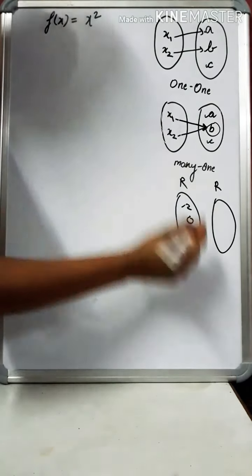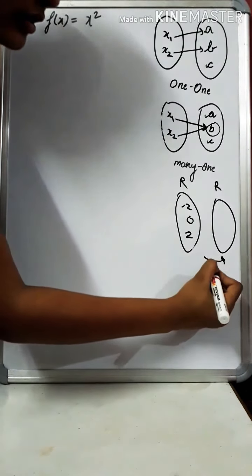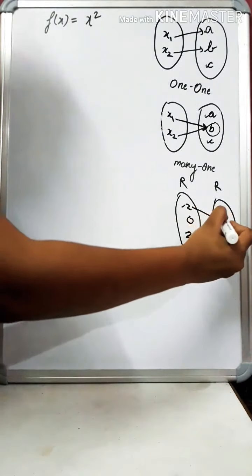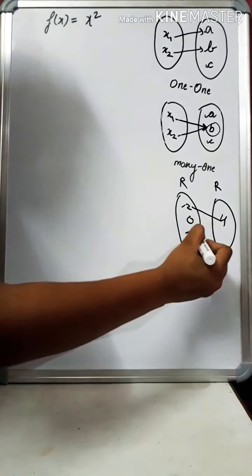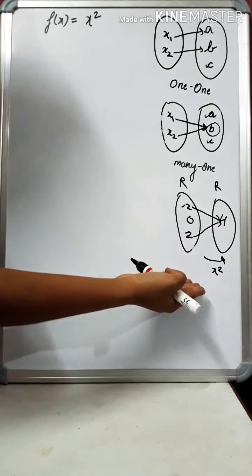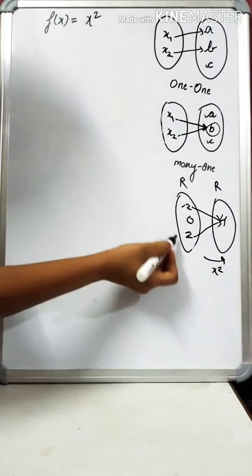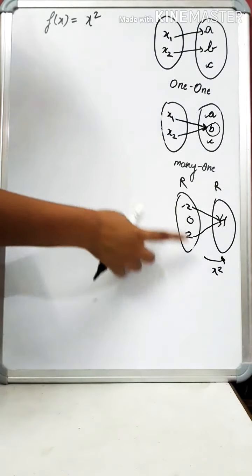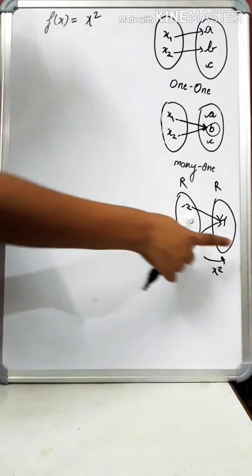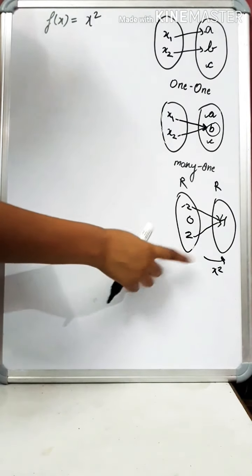So when the function is x square, you know the square of -2 is also 4, and the square of 2 is also 4. So you look at this mapping, this is not a 1 1 mapping, right? This is a many to one mapping. Similarly for -3 and +3 you will get 9, and minus 4 and plus 4 will be mapped to 16. So this is not a 1 1 function, this is a many one function.